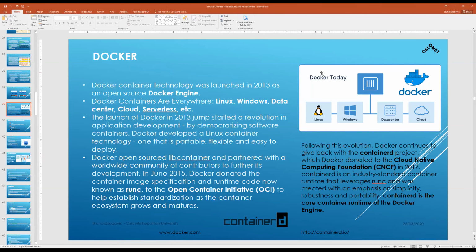It means that the Docker engine was launched somewhere around 2013. It's open source as well. They have an enterprise version of the software. But in any case, Docker is evolving very fast. It's running on different environments nowadays, and that's what makes it quite powerful. So you can have it on Linux, Windows, you can have it on bare metal, clouds, etc. So it's very good stuff to know about.